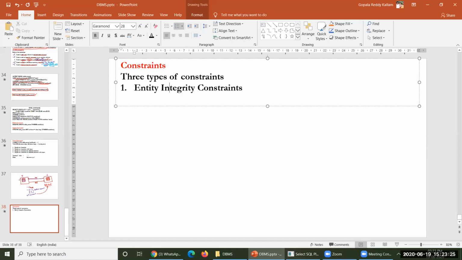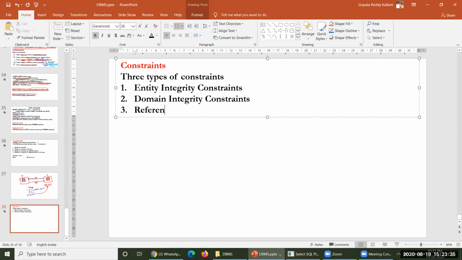Constraint number two is domain integrity constraints. Constraint number three is referential integrity constraints. These are the three different types of constraints, classified based on the activity which could be taken by the constraints.